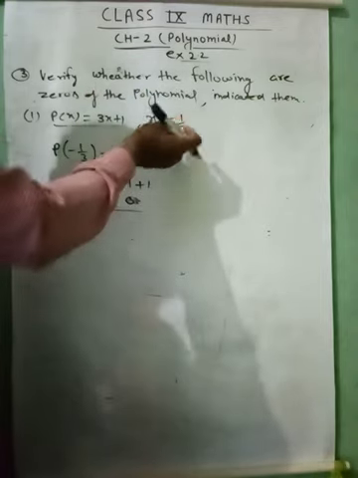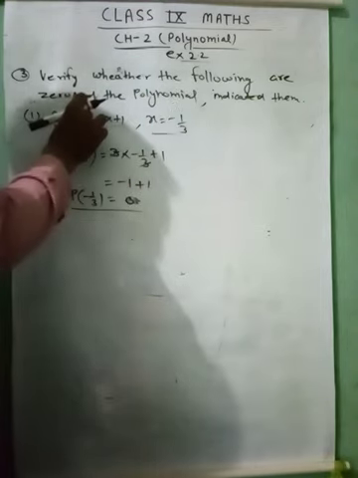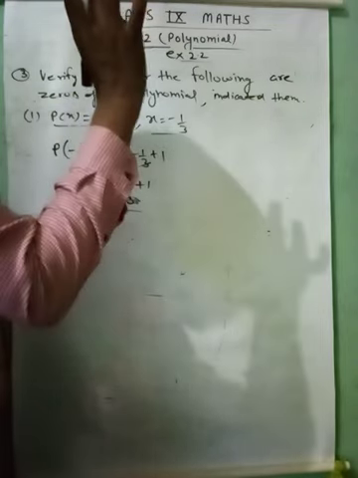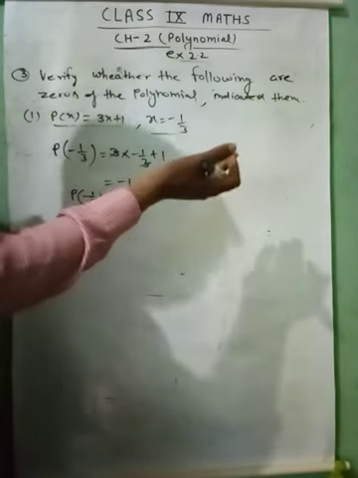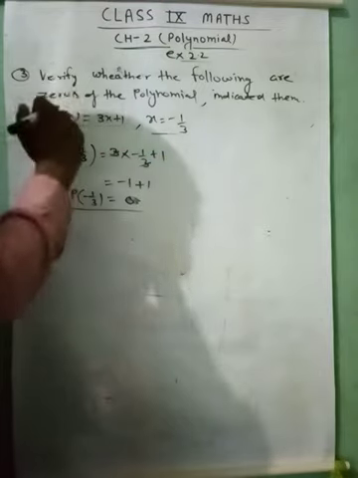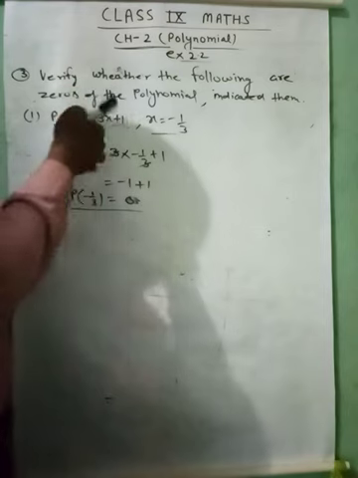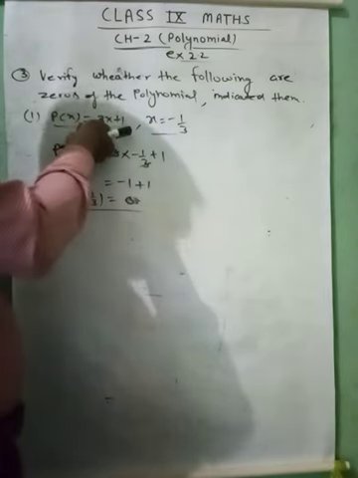It means the value which we put in the equation, if the equation is 0, then it will be the zero. If it is not 0, then it will not be a zero of the polynomial. So it's verified. Clear? कहने का मतलब ये, अगर कोई इक्वेशन दिया गया है और ये पूछा जा रहा है